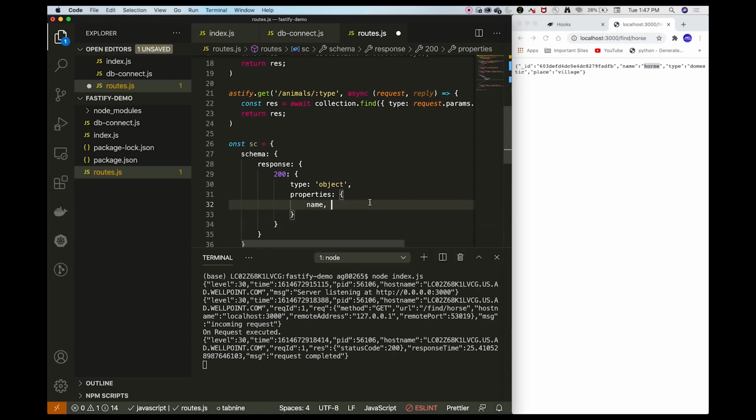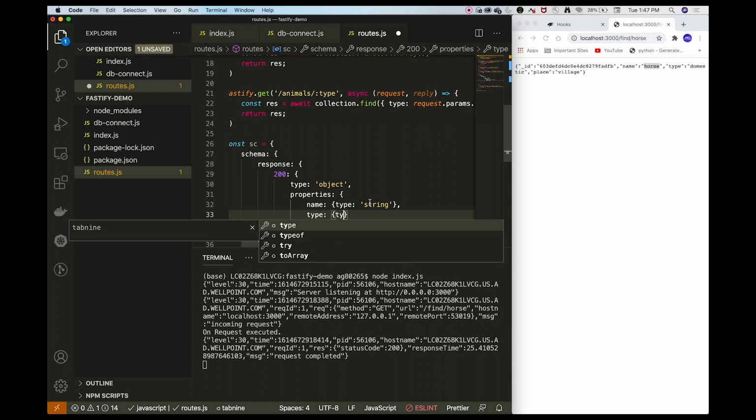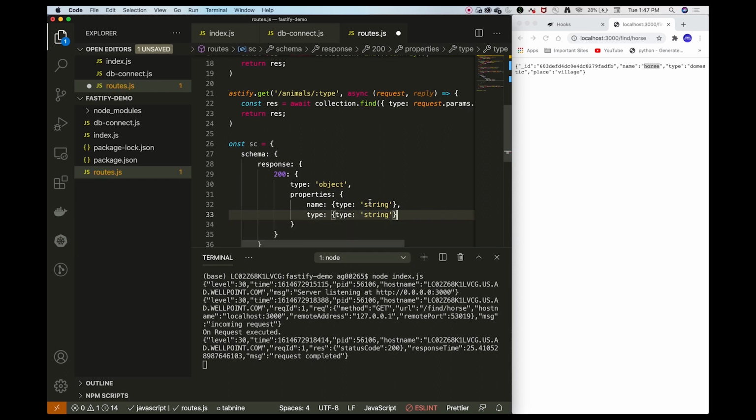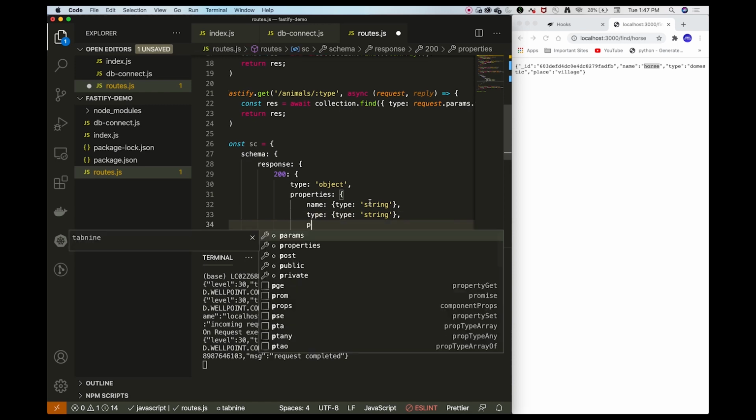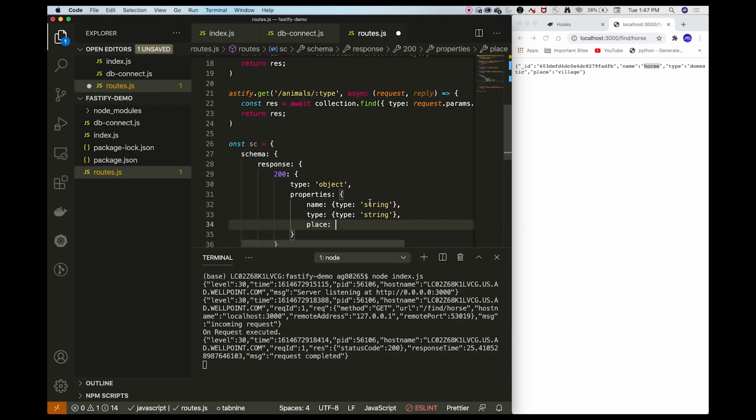So let us say we are talking about name. So name has type string, just like that. We have type as well, and it has type string as well, and similar is with place as well.